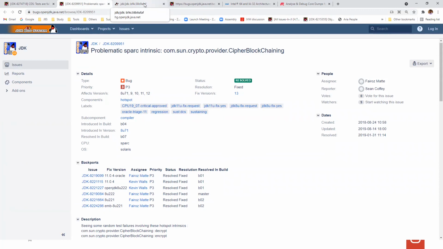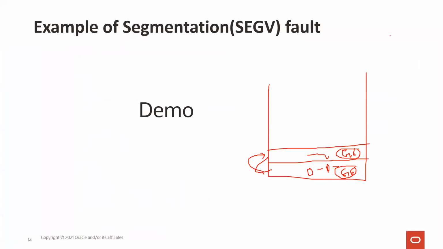Sometimes it is very, very difficult to understand the problem, because I'm in the HotSpot domain, and this is happening in the cryptography. You have to understand exactly what is happening. You have to understand the problem first. So the good solution could be you just take a dump and try to understand that. Yeah, again, taking a dump also, you need to have some basic understanding.